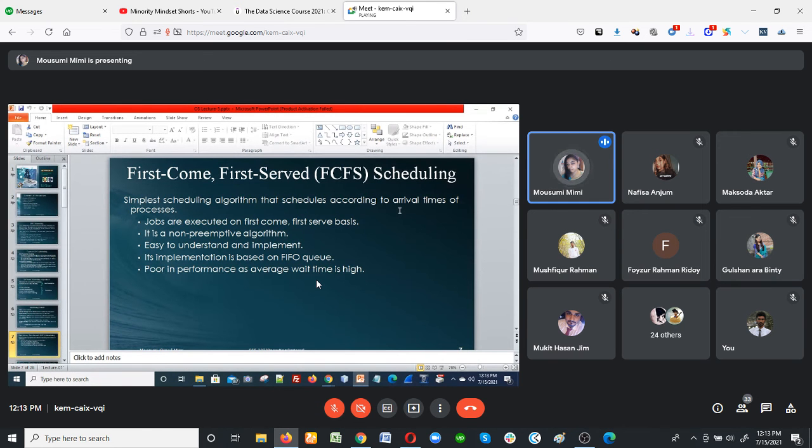Say for example, you go to a hospital for some medical issue. So there is a serial you have to maintain. The person who goes to the hospital first can visit the doctor first. The person who enters second will visit second. So whenever the scenario is serial-wise and does not break the serial, that is related with first come, first serve.